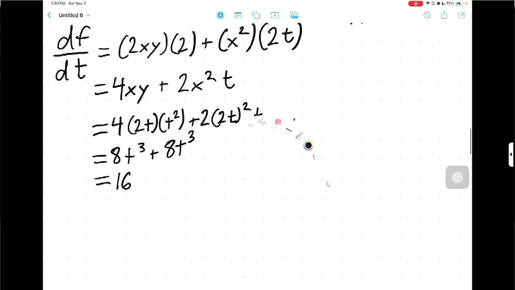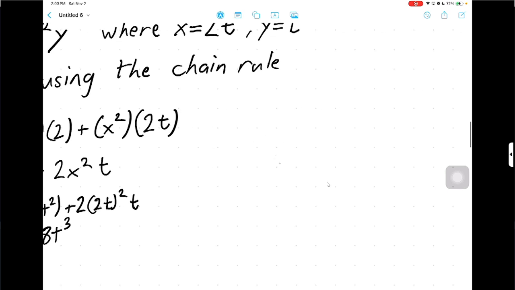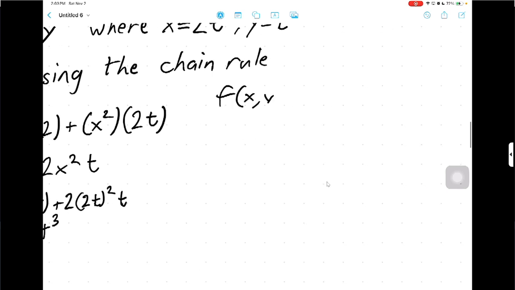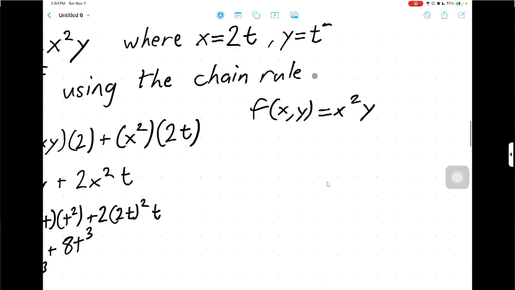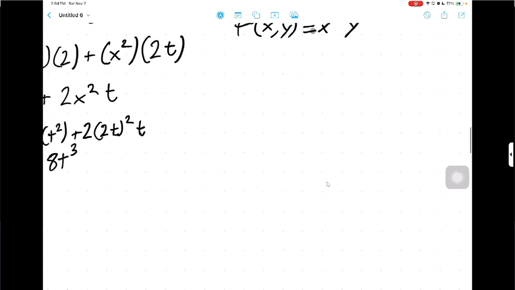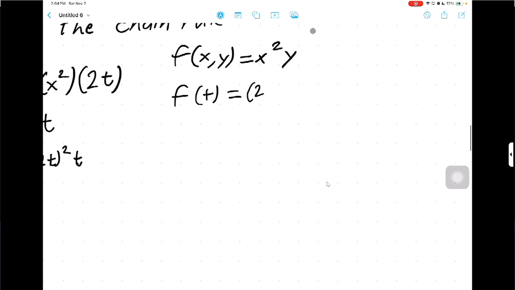And this is the right answer. The other way you could have done it was essentially you have the f of x, y, and then you reparameterize this in terms of the t here that we have, where x is equal to 2t, y is equal to t squared. So you'd have f of t is equal to 2t times t squared, which is equal to 4t to the 4th, and then df dt